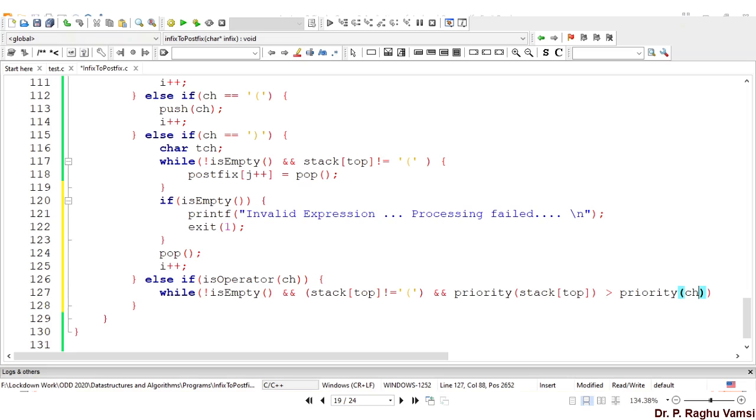That is the latest operator that we have read. Then we need to add it to the postfix expression. The characters that you have read must be added to the postfix expression. So postfix of I is equal to pop. Then increment the pointer.